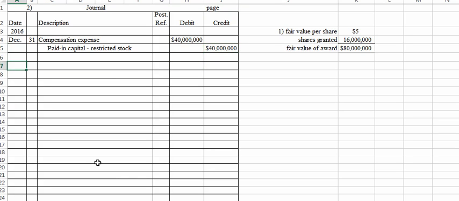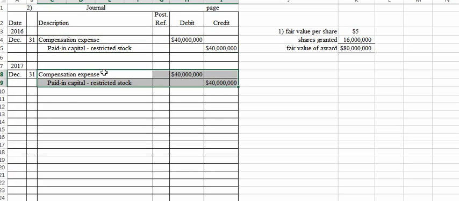Okay, now our next entry would be made in 2017, December 31. Same entry again. Now they've earned the next half of it, right? So I'm just going to copy and paste. No need to reinvent the wheel. But now we're at the end of the 2-year period. So the shares now go to,